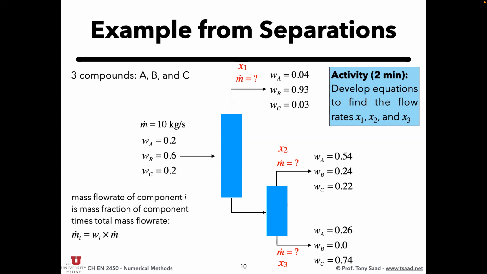Team Jupiter Snakes. For our equations, we got the x1 plus x2 plus x3, focusing on the total mass. Got it. You focus on the different compounds. Compound A, you say it's 2 kilograms going in. So if you multiply the mass fractions times the streams and add them up, they have to equal 2. So we got like 0.04 times x1 plus 0.54